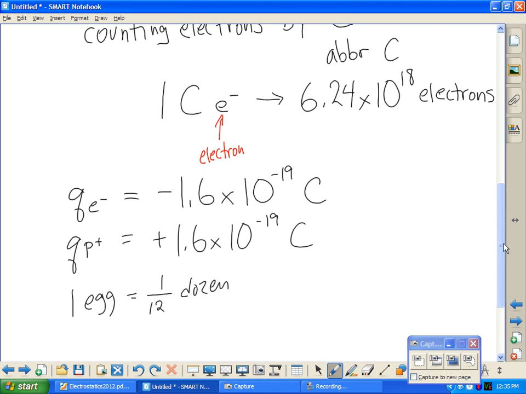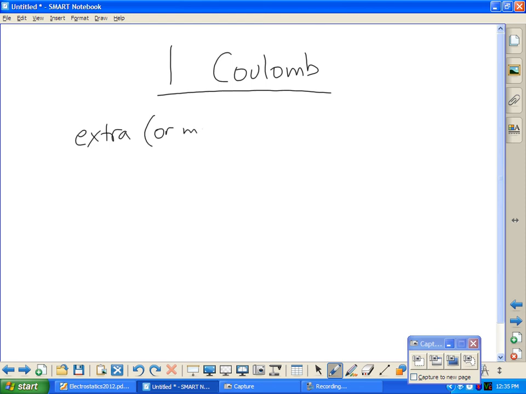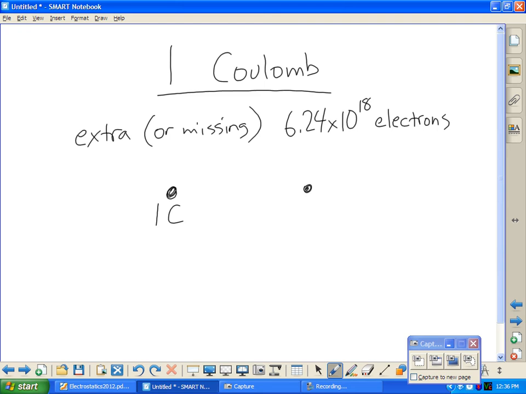Let's sidetrack a minute to talk about a Coulomb. That is the charge on an object that has extra or missing 6.24 times 10 to the 18th electrons. And this is an absurdly large amount. In the real world, if you had an object with a charge of 1 Coulomb, and another object with a charge of 1 Coulomb,